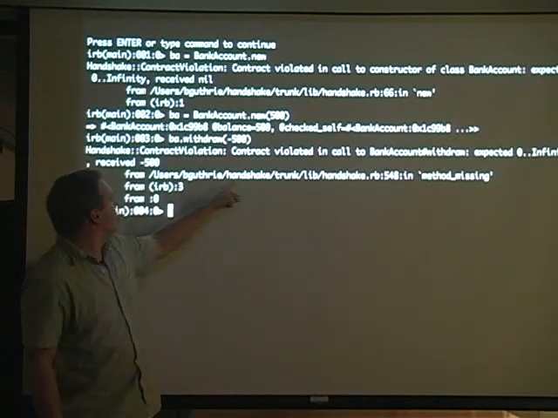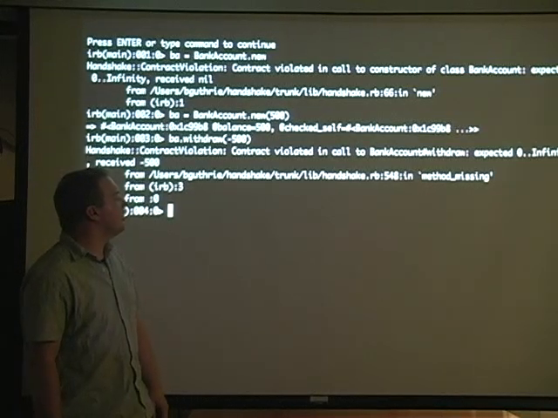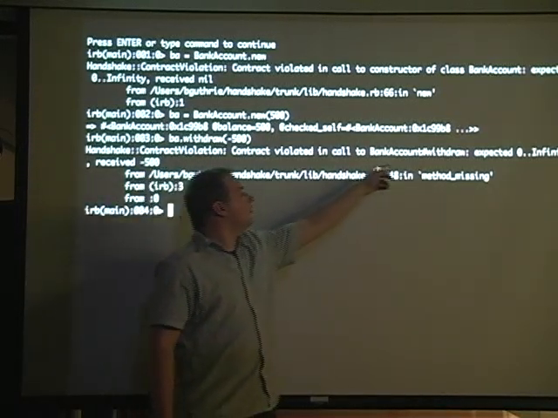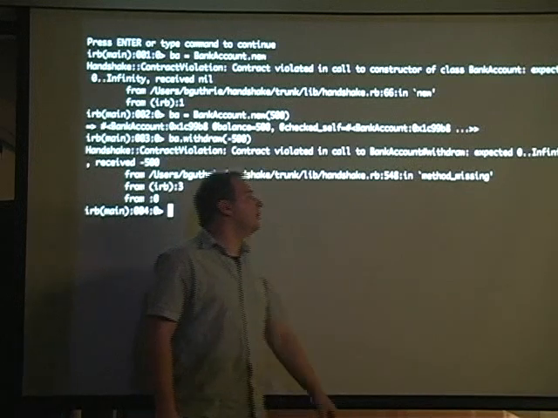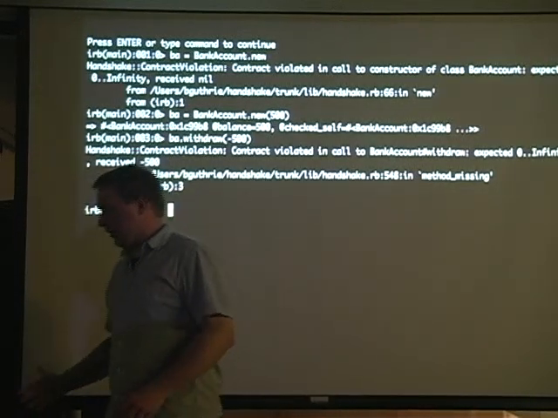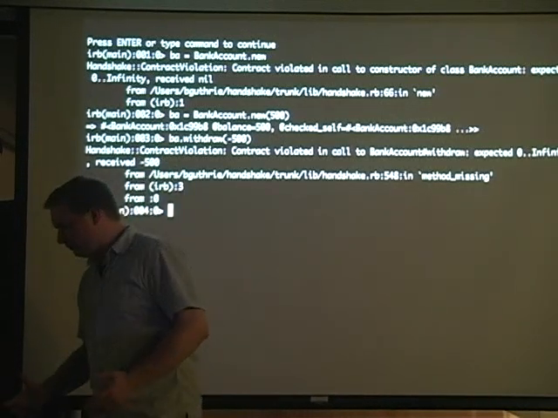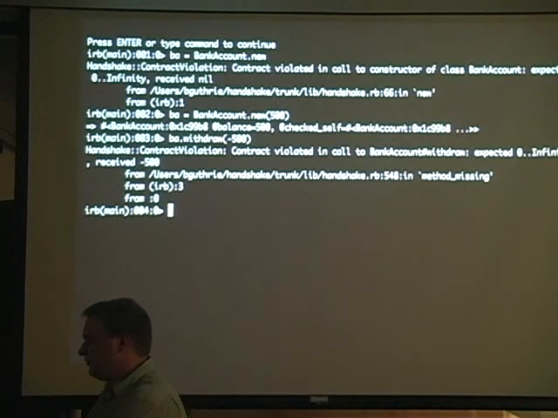So if you look at the actual error message that we got back from this, it's no longer an invariant check failure. It's actually a failure to the call to the withdraw method. It'll tell you the class and the method name. That's not as good an error message as it should be. You can get considerably better in terms of blaming a particular method for having violated a contract. But it does get you a little bit more specific.